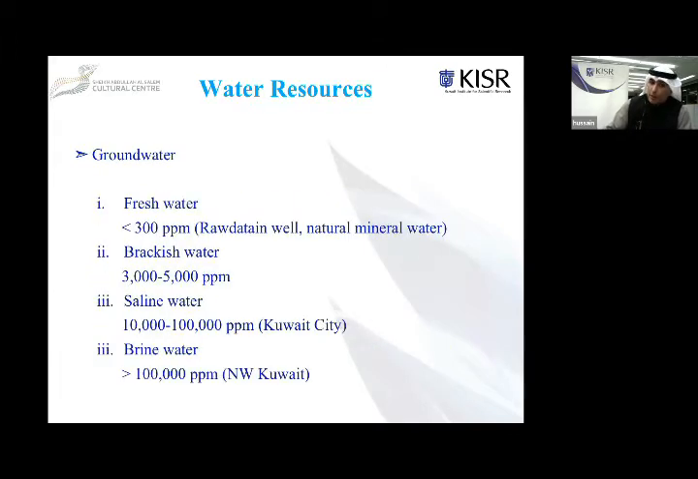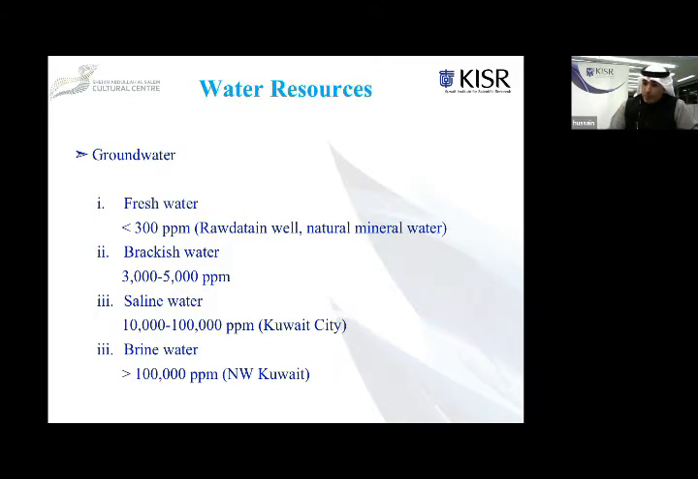The other type of water is the groundwater, and it is divided into 4 categories. Fresh water, which is taken directly from the Rotain well, is below 300 ppm, and you use it for water bottling. We have the brackish water, where the ppm varies between 3,000 to 5,000. We have saline water, usually in Kuwait City, between 10,000 to 100,000 ppm. And located in the northwest of Kuwait, we have the brine water, which is beyond